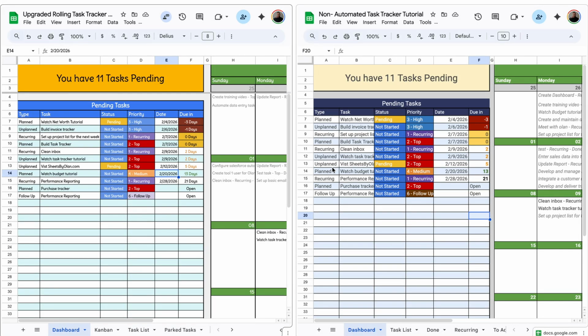Let's compare the automated versus non-automated task trackers in Google Sheets, and which one is right for you really depends on can you use AppScript or can you not. So in this video, I'm going to show you exactly what's the same and the few things that are different